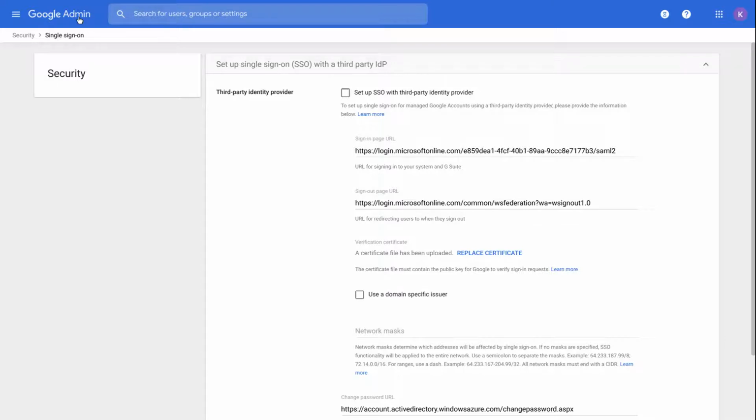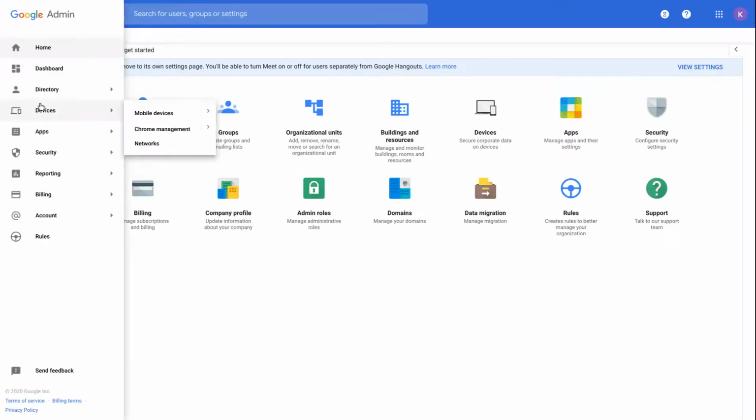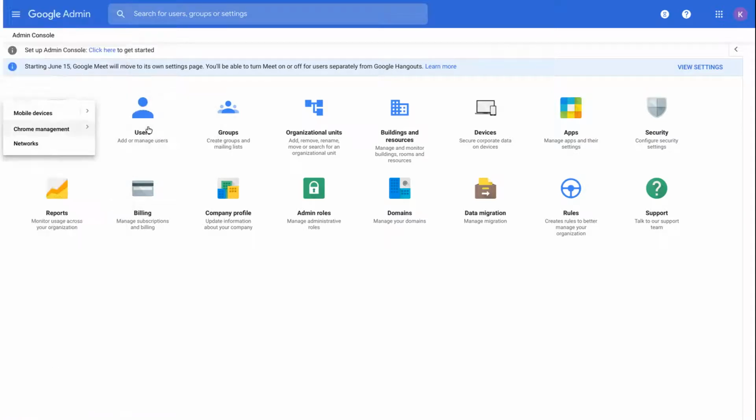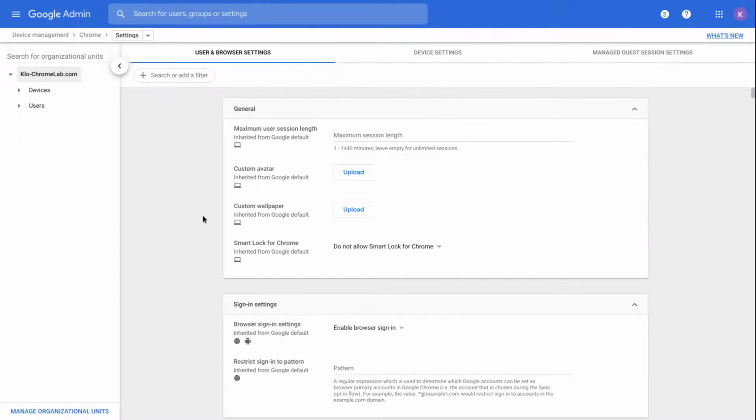Let's move to the user and browser settings part. From this page, you have a lot of possibilities in terms of user experience customization.